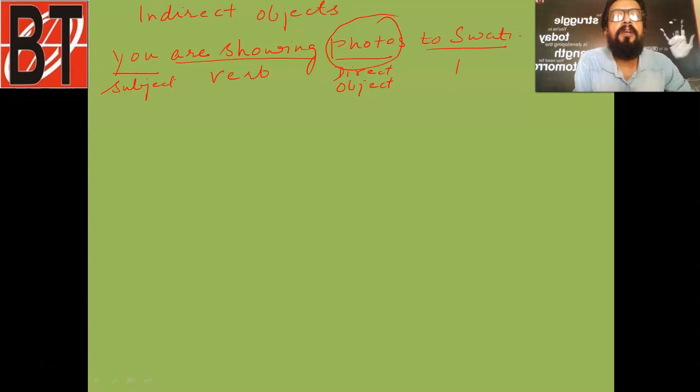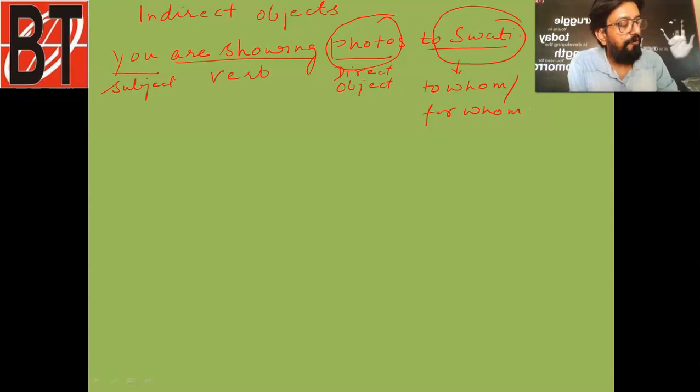So when the object answers to whom or for whom, then this object is the indirect object. Now when you are writing the same sentence in French, you must not forget that the indirect object will always take the preposition à.